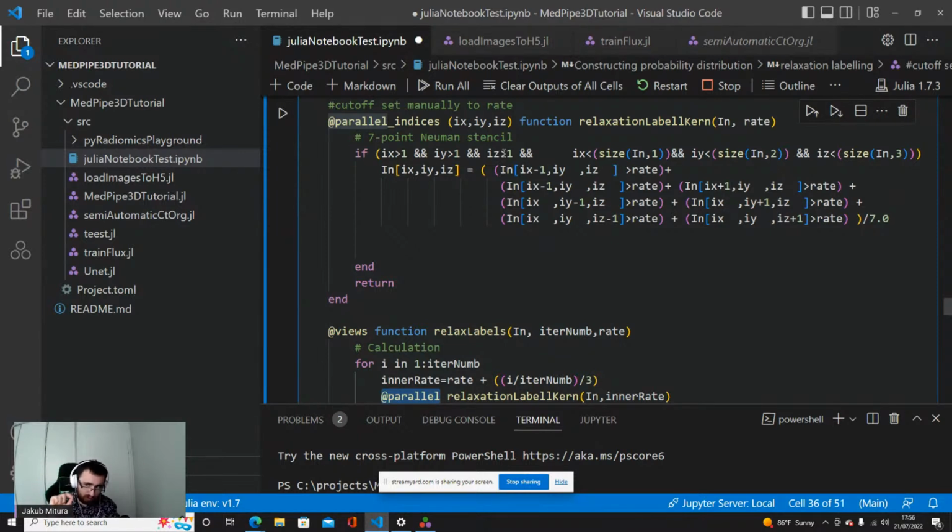So one more time, you are getting a single point, and we are looking at the neighborhood. If there is a high probability that this is the liver or this is the spleen in the neighborhood, we are changing this point to being a liver. And the other way around is also working.